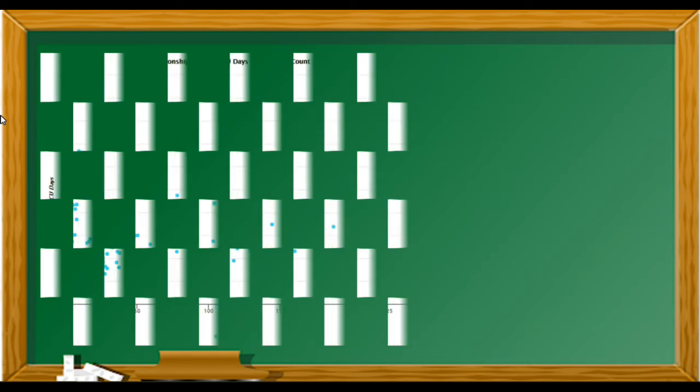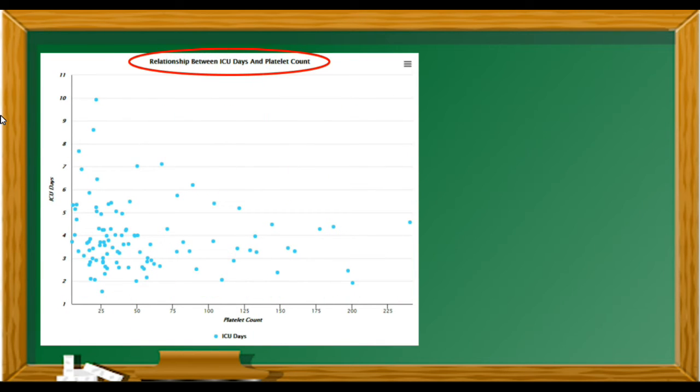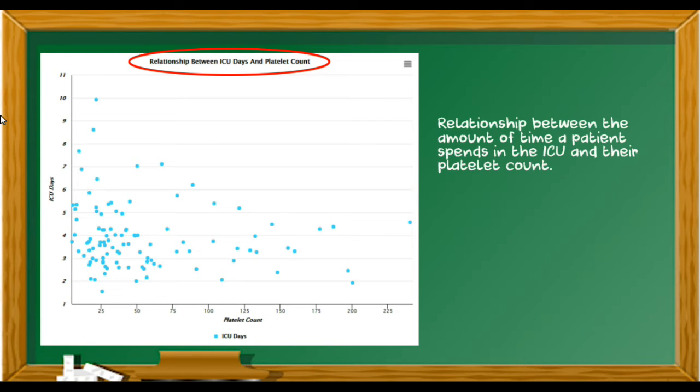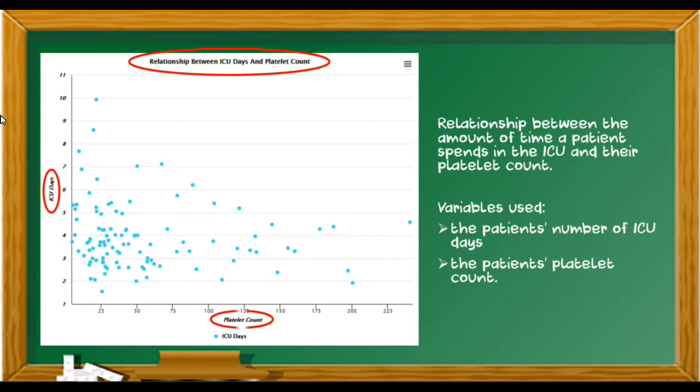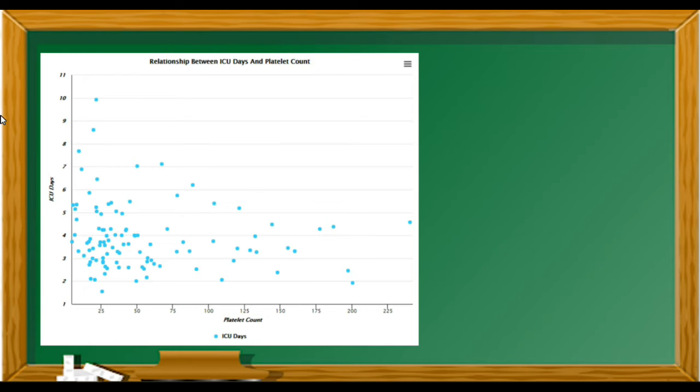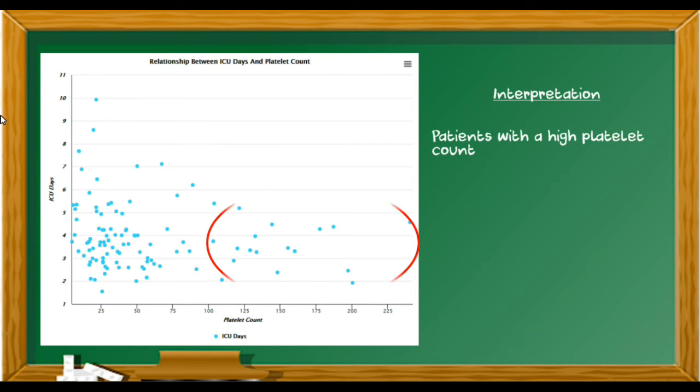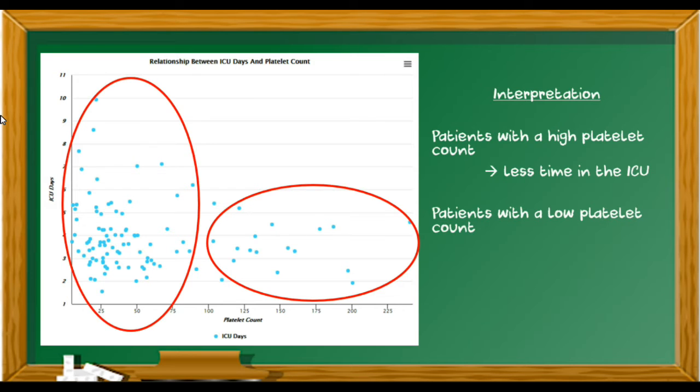This scatter plot is entitled Relationship between ICU days and platelet count. It shows the relationship between the amount of time a patient spends in the ICU and their platelet count. Therefore, the variables used are the number of ICU days and the patient's platelet count. As can be seen in the graph, patients with a high platelet count spend less time in the ICU, while patients with a low platelet count spend more time in the ICU, thus presenting an inversely proportional relationship between the